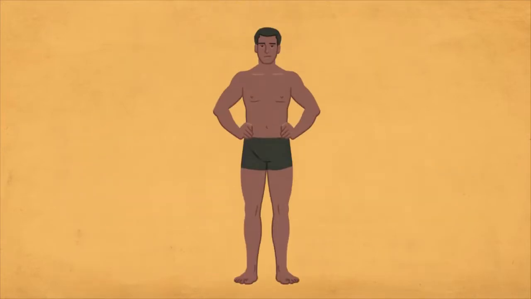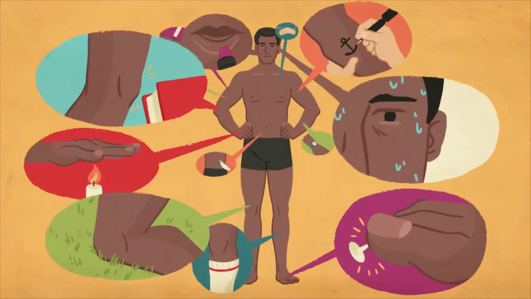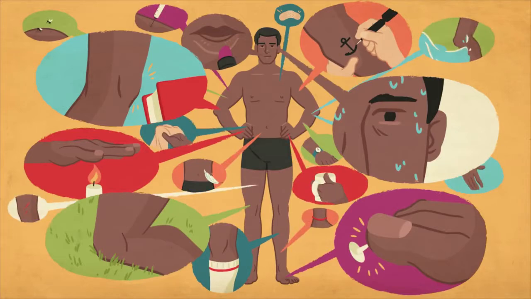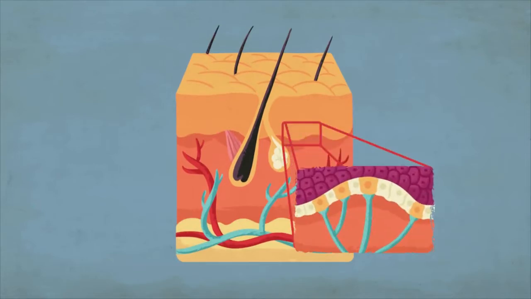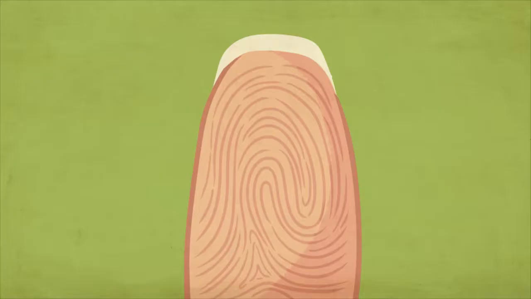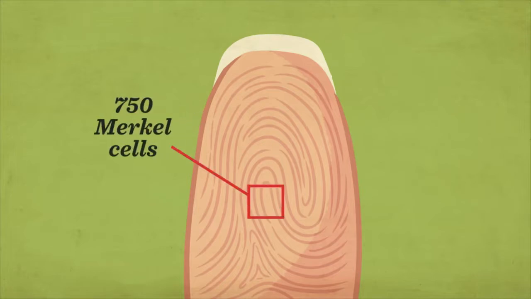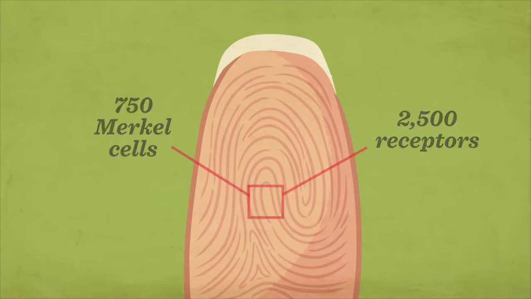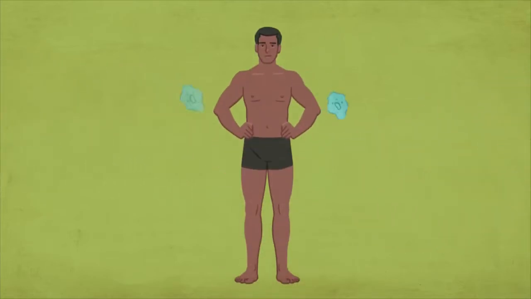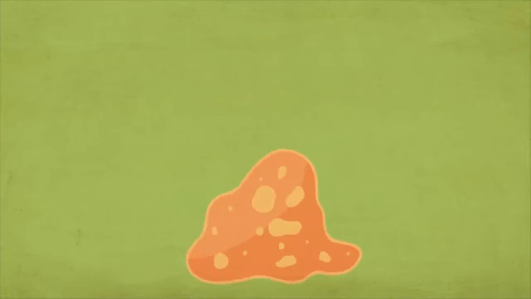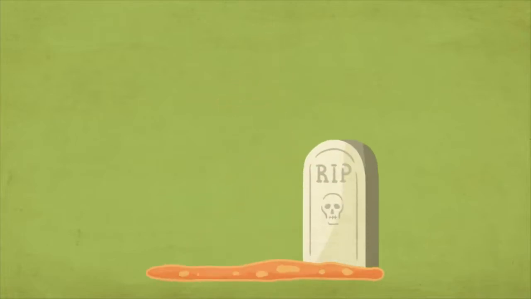On a daily basis, its huge surface processes hundreds, if not thousands, of physical sensations, relying mostly on large, pressure-sensitive skin components called Merkel cells. In your fingertips alone, there are 750 Merkel cells per each square centimeter of skin, coupled with over 2,500 receptors that give you your sense of touch. This surface is also the body's first major line of defense. Without it, you'd be a soggy mass of tissue and fluids, fatally exposed to the elements.